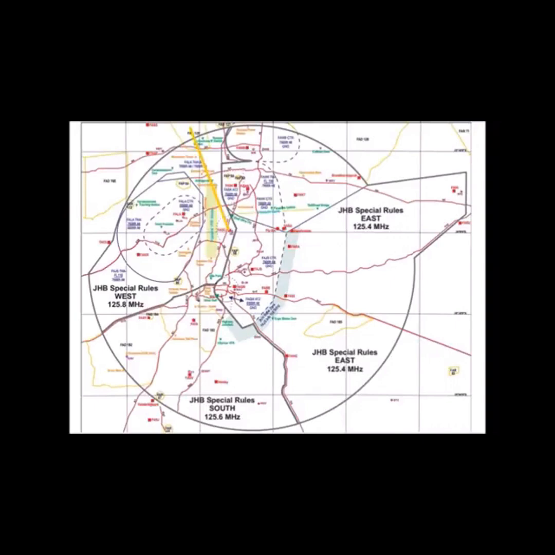So what we need to look at now, we've discussed the vertical limits, now let's look at the lateral limits of the Special Rules Area. This is quite a complex task in terms of the airspace, as you can see just by looking at the area itself. But once someone has explained it to you and given you an overview, it does become much easier to understand. So I'm going to do that once again just by illustrating with some color on the areas of